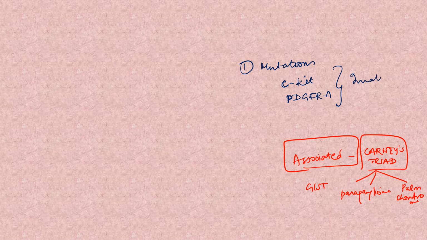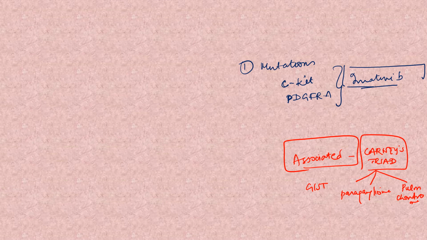Next, what you should know is what are the mutations or genetic changes that can occur in GIST. As I already told, you can have c-KIT mutations or you can have PDGFRA, platelet derived growth factor alpha mutations. So why should you know about all these mutations? Is it really important to remember all these cumbersome names? Yes. Whenever you have c-KIT or PDGFRA mutations, these GIST are responsive to imatinib. So imatinib is the drug.